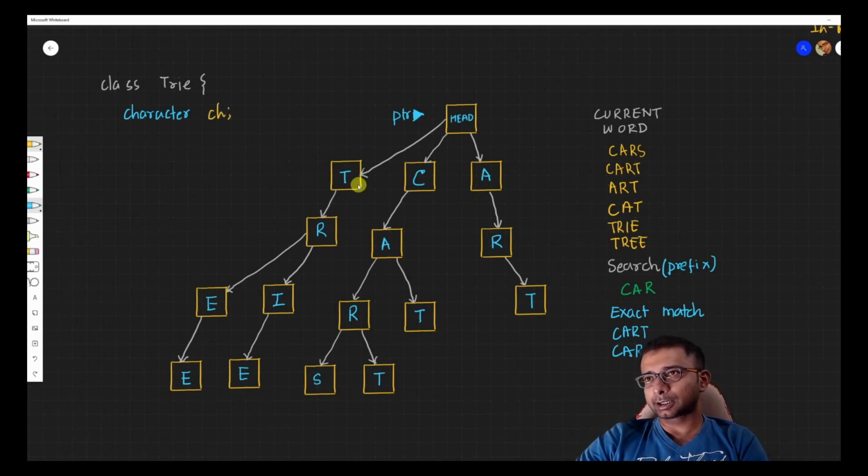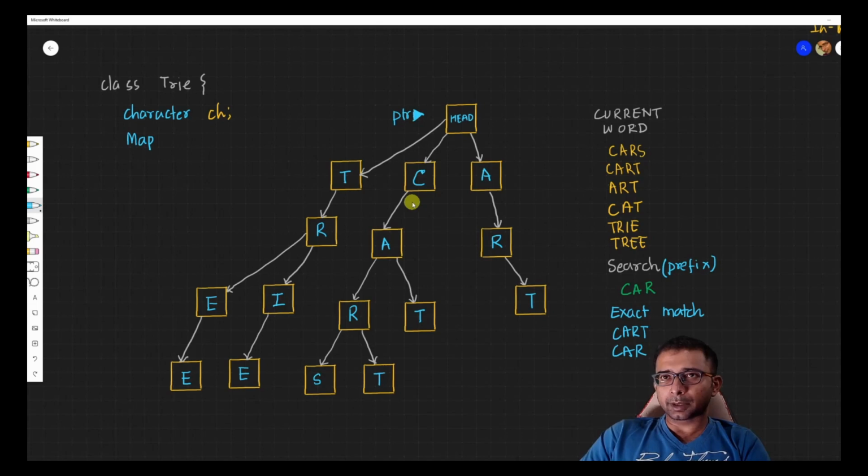And what are these basically? These are nothing but the nodes. How many nodes can this head have? I cannot say that it can have 26. I might have a requirement for uppercase, lowercase tomorrow. I might have a requirement for numbers and special characters tomorrow. So I don't know how many I'm going to store. So what I'm going to do is basically store a map,